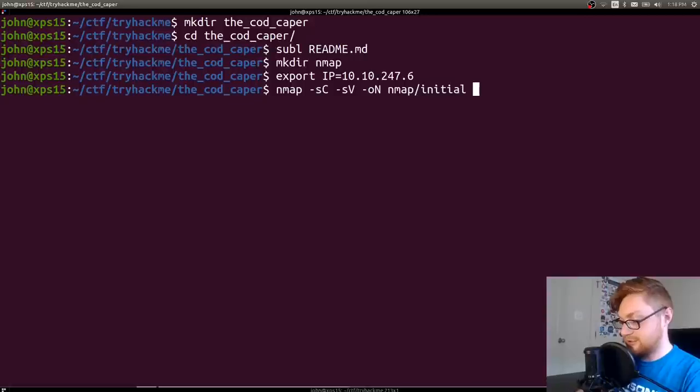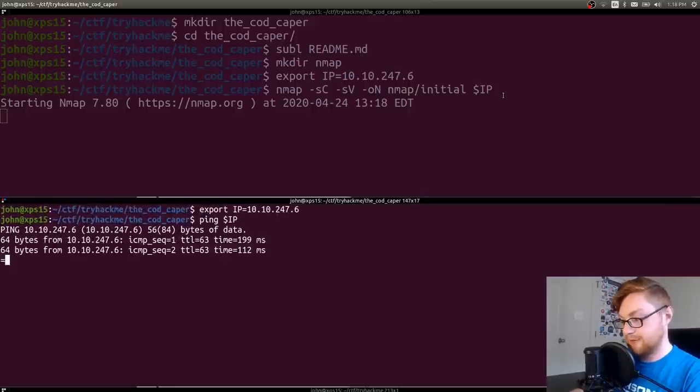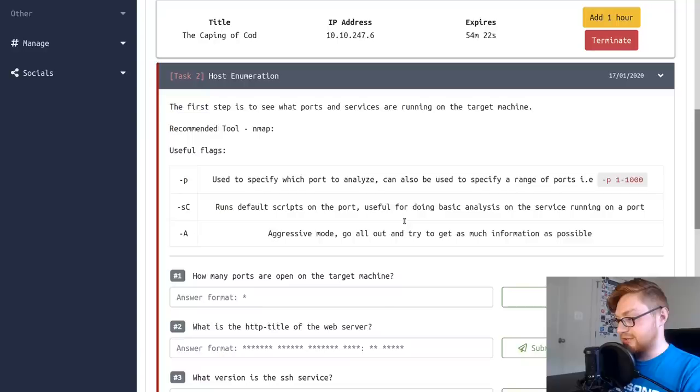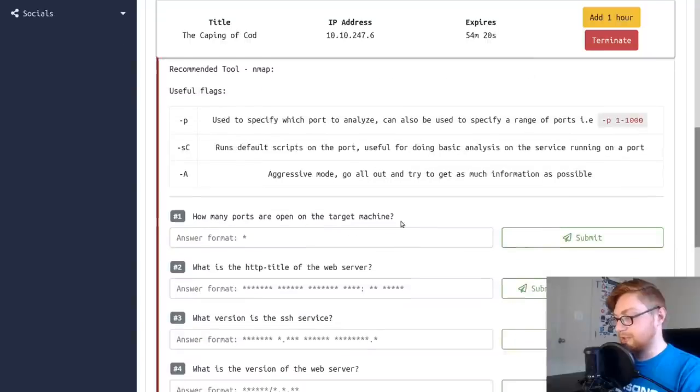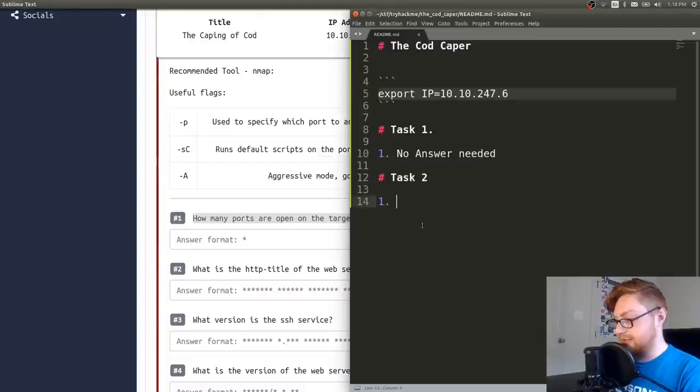Nmap initial on the IP address. Okay, I should be able to ping him just fine. I believe he's up already. Yep, okay, cool. So let's let that go. How many ports are open on the target machine? While that's scanning, let's just kind of throw these in our